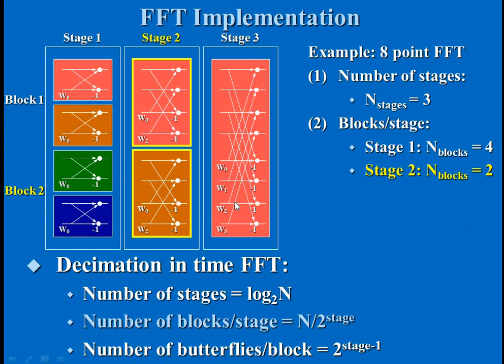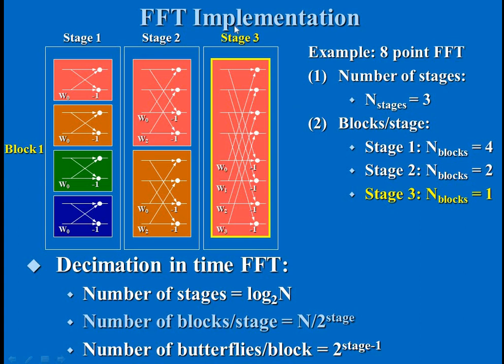In the third stage, again we are going to decimate that sequence into 2 halves. So the number of values after decimation is now 2. In the next stage we are going to use the value of n as 2. So n by 2 is 1. So the number of blocks in the last stage is 1. It means that as we increase the stages, we are reducing the number of points. So that is blocks. Okay.